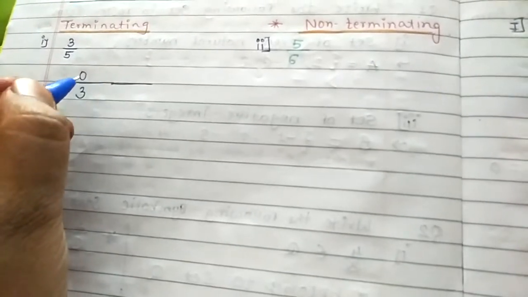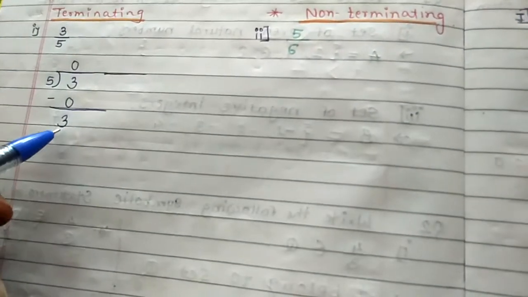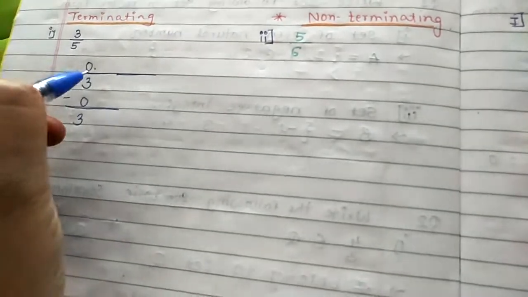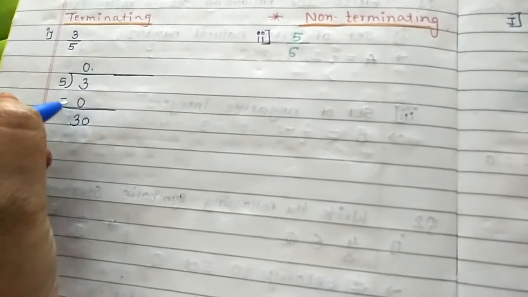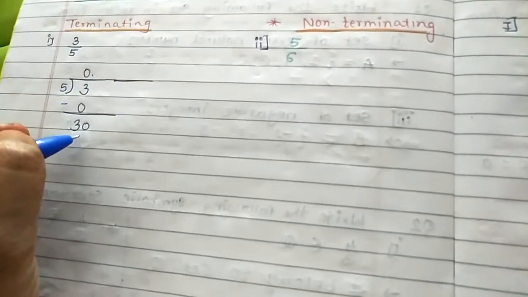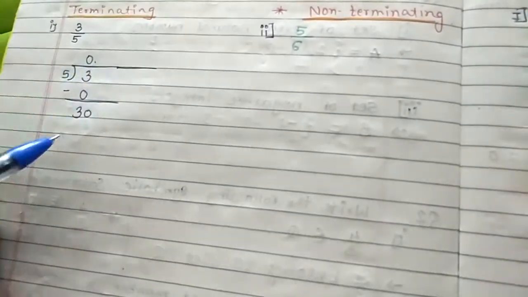Because 5 into 0 is 0, we are going to divide 3 by 0. So here the minus sign, so 3 minus 0 is nothing but 3. So now again we are getting 3. So what we are going to do, we are going to put the decimal point in the quotient place, and just because we carry the point here, downstairs we are going to carry a 0. Because of this we are getting a number bigger than the divisor. So now this 3 becomes 30. Why? Because here we carried the 0.